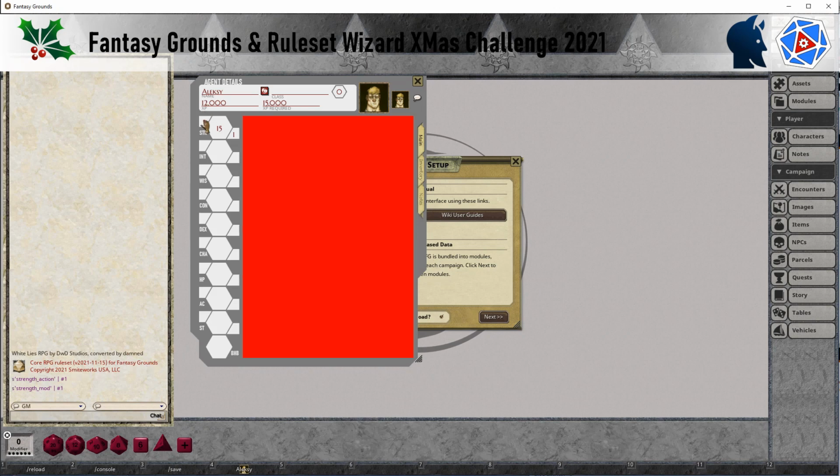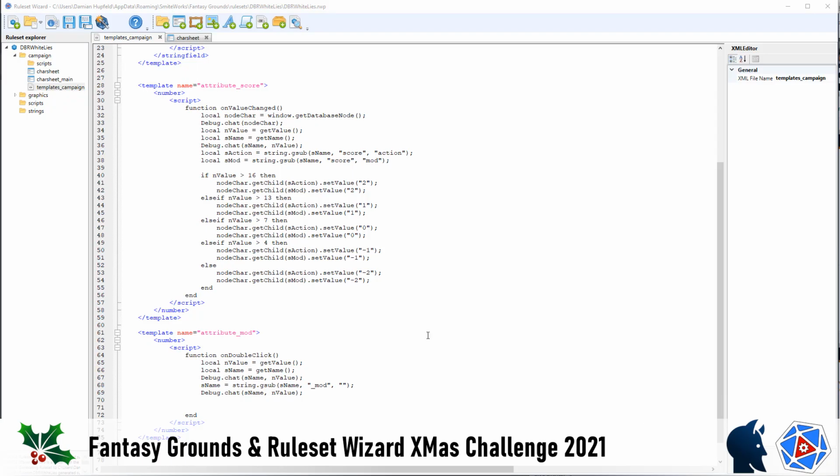Let's double click on it, and we now see that we get strength underscore mod from the first debug, and the second one just sends us back strength, but we want to capitalize the first letter, and that's going to require a little bit of funky string manipulation using some Lua functions. So we now want to go sname equals